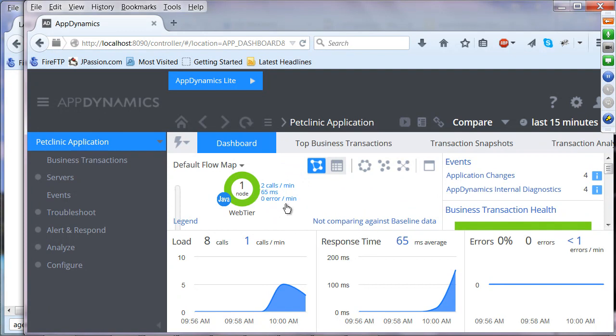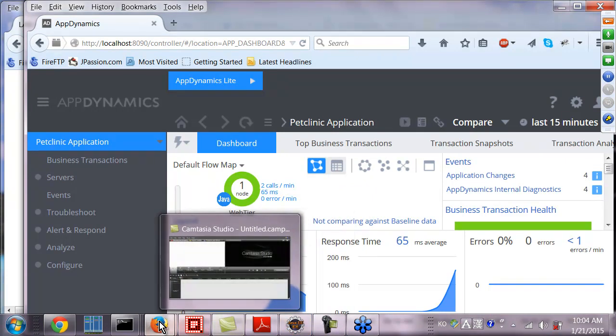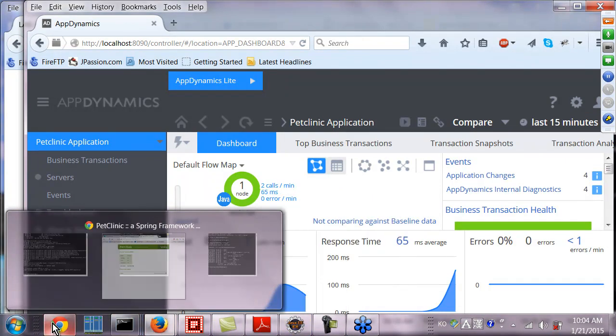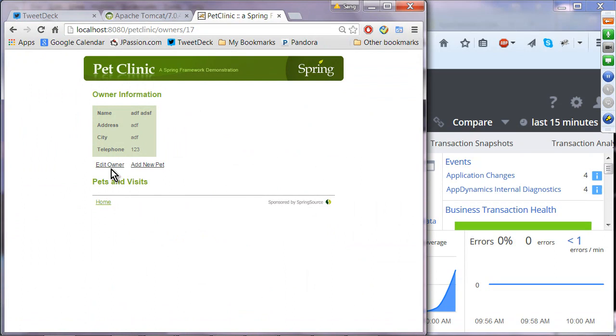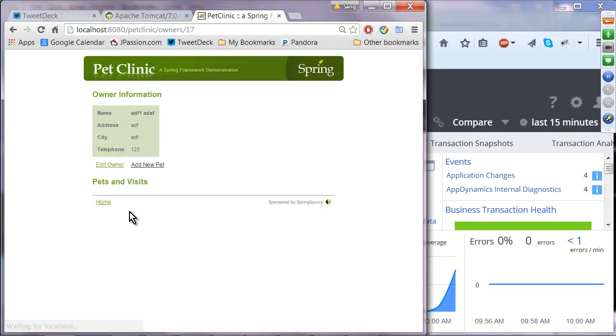Web tier, Java. Yeah, I should actually see MySQL. The reason is because it's capturing per minute, so I have to do a bit more operations. Okay, so let's try to edit owner like this. And hopefully